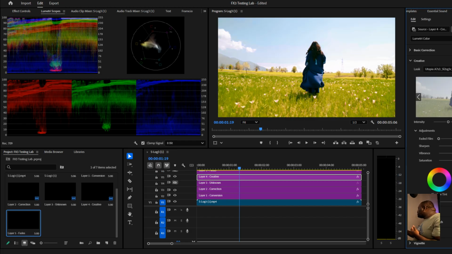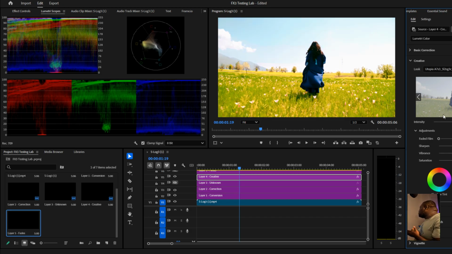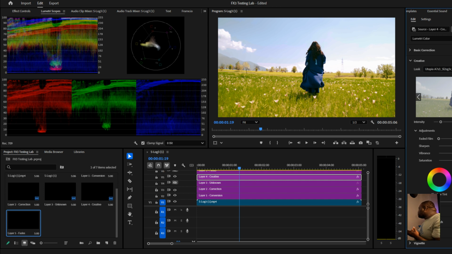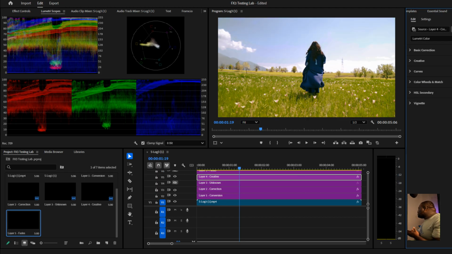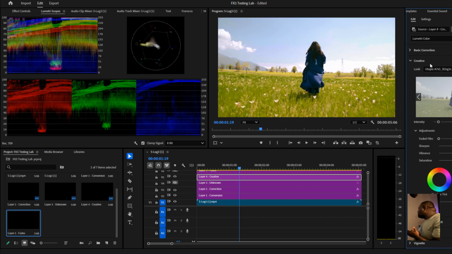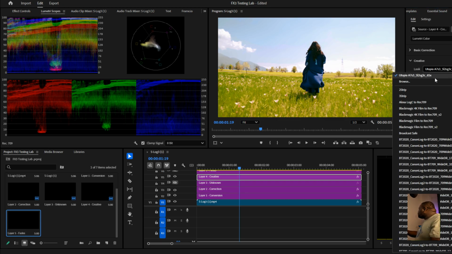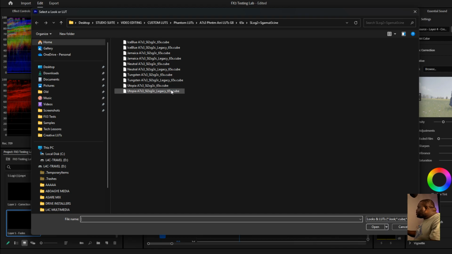So with the Phantom LUT at 100%, it's gonna look more towards the reddish, okay? So now we can decide, we can dial it back to 30% or maybe even 20%. Okay, and let's see the difference. Okay, maybe let's go 40. Cool. And then let's just say we are cool with that, and that will kind of give us the feel we want. Or we can say we want something like